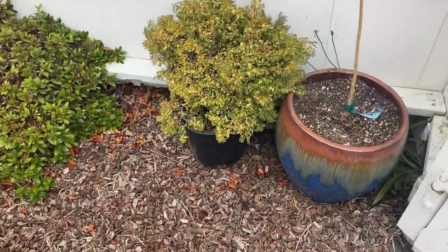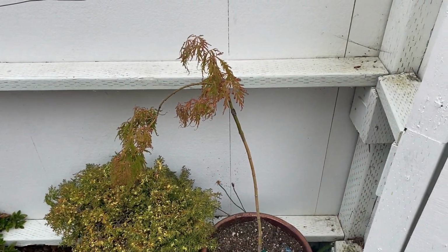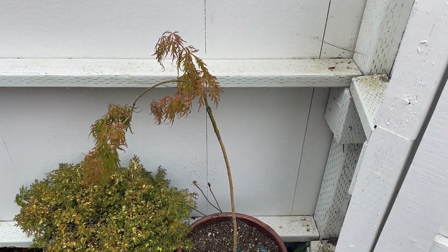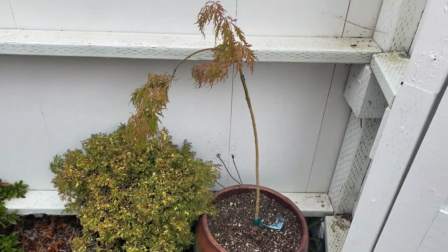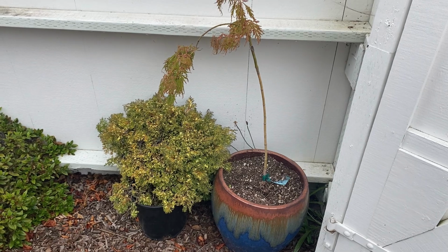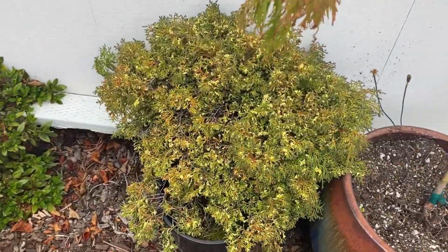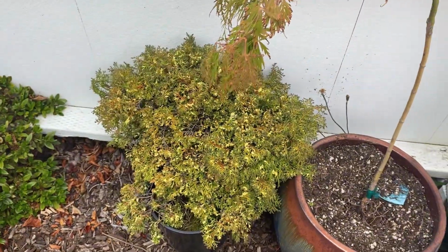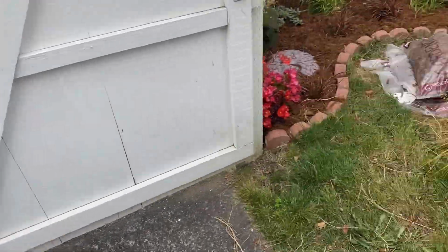And then I got this guy that's an evergreen, which I think this poor maple here, he's under a tree, and every time we leaned the tree, a branch on the maple would break. It's a waterfall. And so I dug him up and put him in this pot to try to save him, but he's looking sad. Anyways, I'm going to move this pot out of the way, and I think I'm going to plant this guy here. He gets 2 by 2 feet in 10 years, and he's supposed to be variegated. Again, I got him 50% off, and he is looking a little sad, like he needs to get out of the pot. So I'm going to plant this guy, I believe right here, and then I will be dividing this